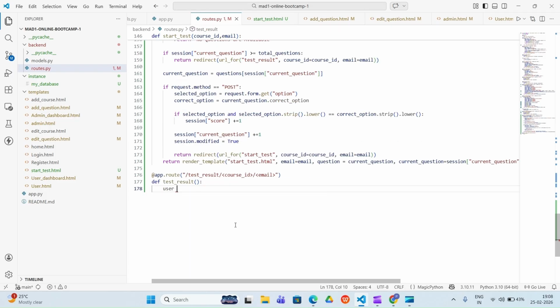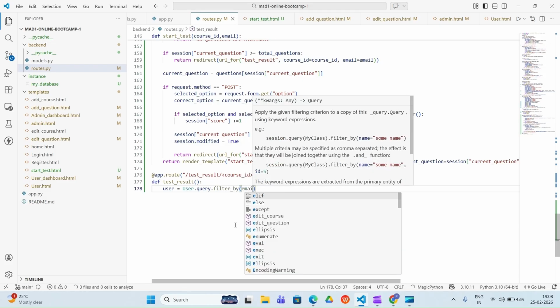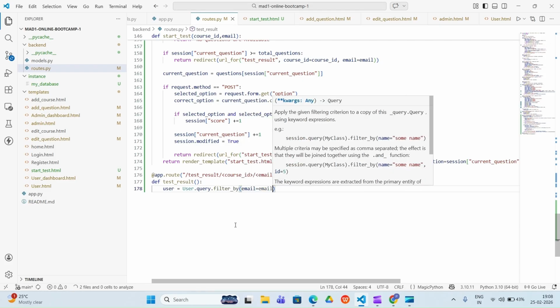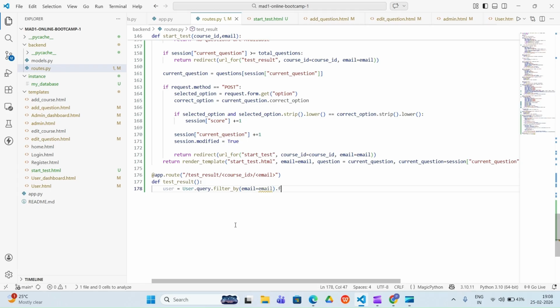So we'll write user is equal to user.query.filter by email id. That will be email is equal to the email, and the first match of that email is what we want to render here.